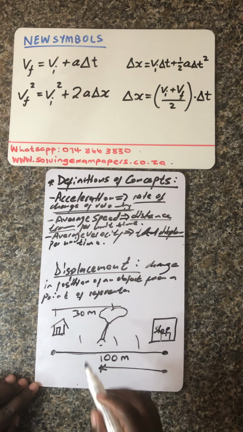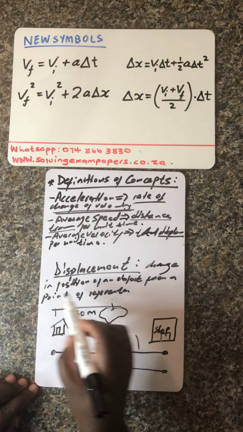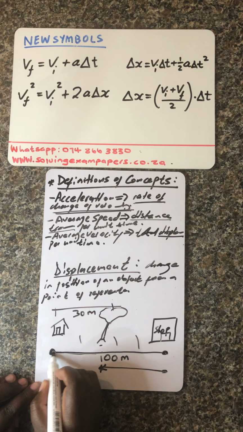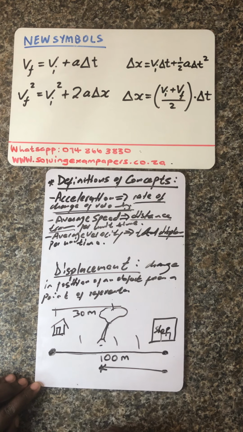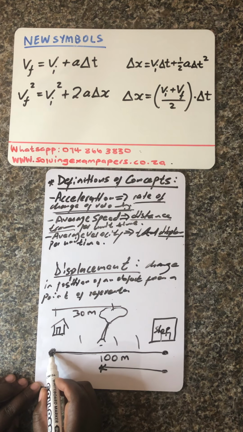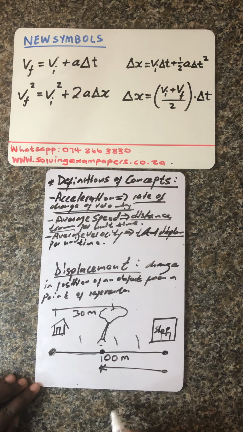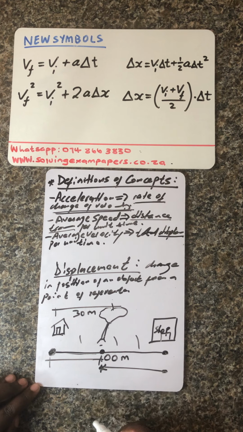So that is the displacement, ladies and gentlemen, which is the change in position of an object from a point of reference. So this is a point of reference. I saw you there the first time, standing somewhere there, about to walk to the shop. You went to the shop, and now on your way back, I see you for the second time. But by the time I see you, you're somewhere there. So in terms of displacement, according to me, it's more like you've only traveled that distance,